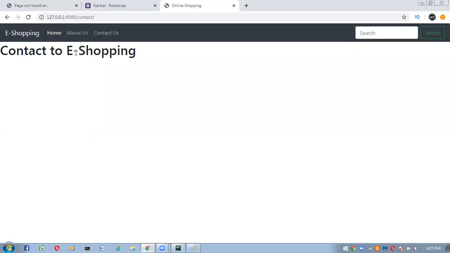In each and every page we are getting the nav bar, but I wrote that nav bar functionality only once. For that nav bar functionality, I took a separate HTML file, which is nothing but the base.html file. My home.html, about.html and contact.html, all these 3 HTML files are extending that base.html file. Automatically, that navbar functionality will be inherited to the home, about and contact pages also.